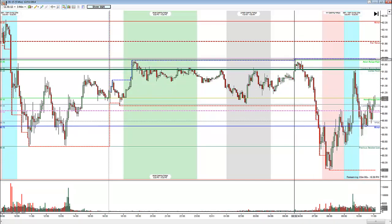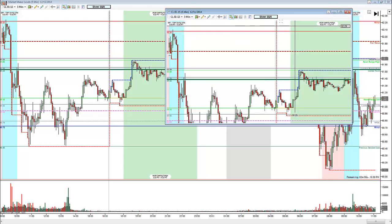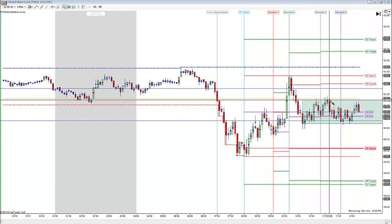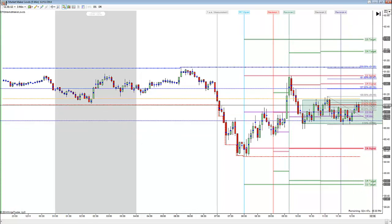And so the way that you get back into this position, if this is the high of the day back here, and we sort of anticipated that it would be, the way that you get back into this trade once it's happened, and again, here's that 72 level that I was telling you about right here. Here's that 60-72 level. The way you get back into that trade is you use our retracement levels, our 70.5s. So if you measure this swing high down to this swing low here, that gives you